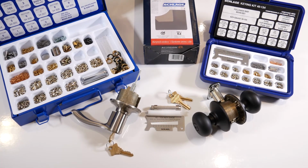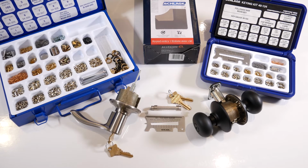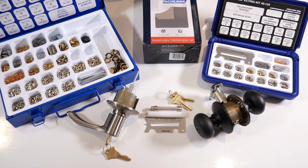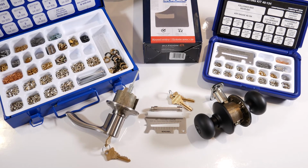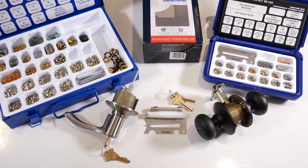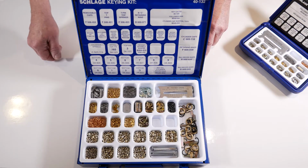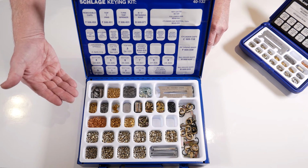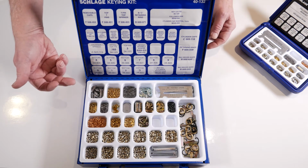In this video we're going to discuss how to rekey a Schlage residential knob or residential lever. To do so, however, you will need some specialized tools that are in the Schlage rekeying kits. The large Schlage rekey kit contains everything you'll need and more to rekey Schlage knobs and deadbolts, including these tools: